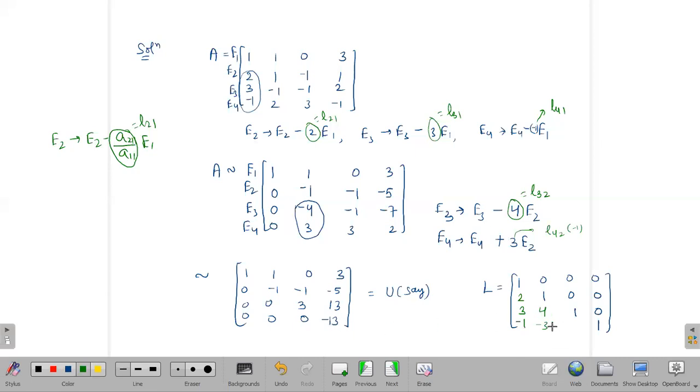And how to write, because to make this element 0, we have to use one more operation here. So then you will get this element also, but here we have not used any operation, so place 0 only. So that will be a lower triangular matrix. So now this second step is also over. So now step 3, that is Ax is equal to B. You have to write it again. LU into x is equal to B. L into Ux is equal to B. L into y is equal to B when you take Ux is equal to y.